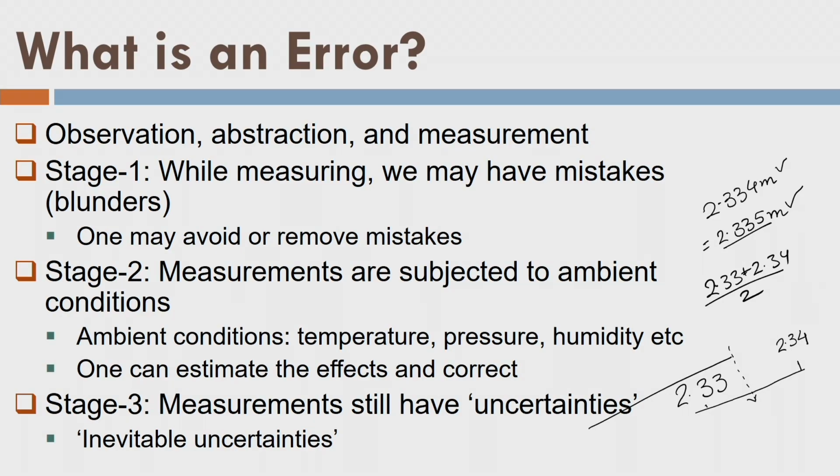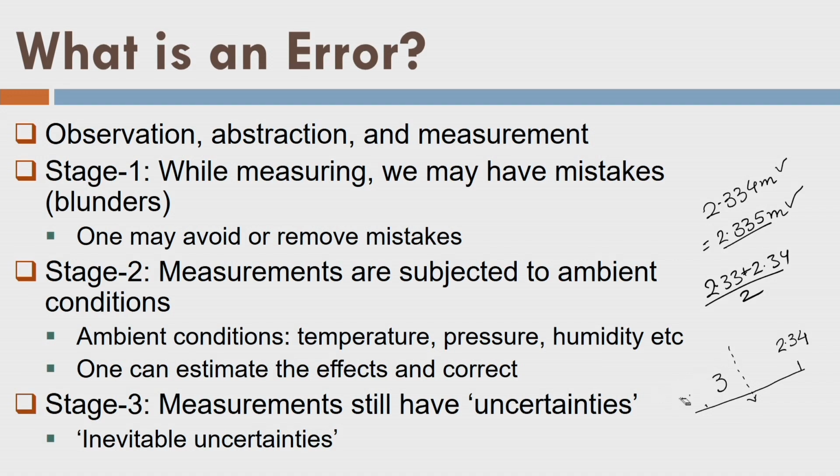And this is the message here. Okay, someone can read it 2.331 also. There is nothing wrong. Why? Because someone can read 2.334, someone can say 2.335 or 2.336 also. But so we are committing some kind of errors here now, and they are inevitable in nature. And such errors are called random errors. So this is one of the sources of the random error where we have limitation on the instrument.